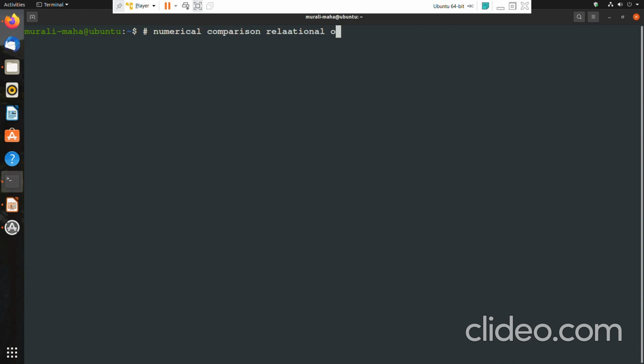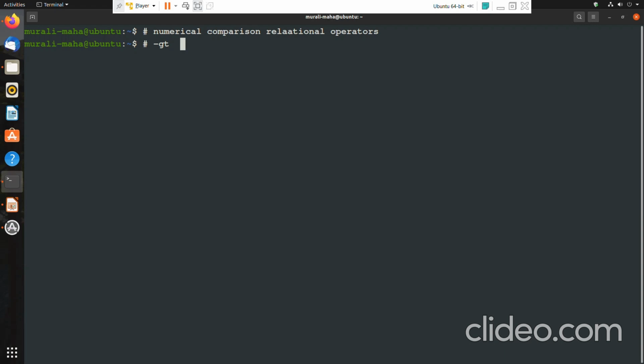For checking if the left hand side numerical operand is greater than the right hand side numerical operand, you have a relational operator called hyphen GT. GT stands for greater than. Hyphen LT is less than.